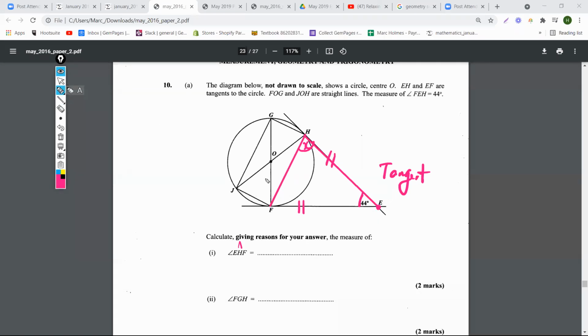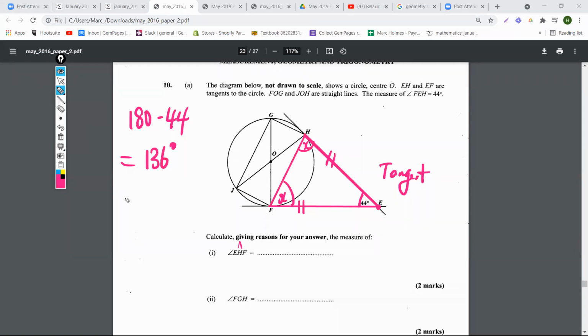So E to F, which is right here, guys. E to F and E to H are equal. So if right there, if we need to find right there, guys, here is also the same because it's an isosceles triangle. So long story short, 180 minus 44 degrees would give us these two angles here, which is actually